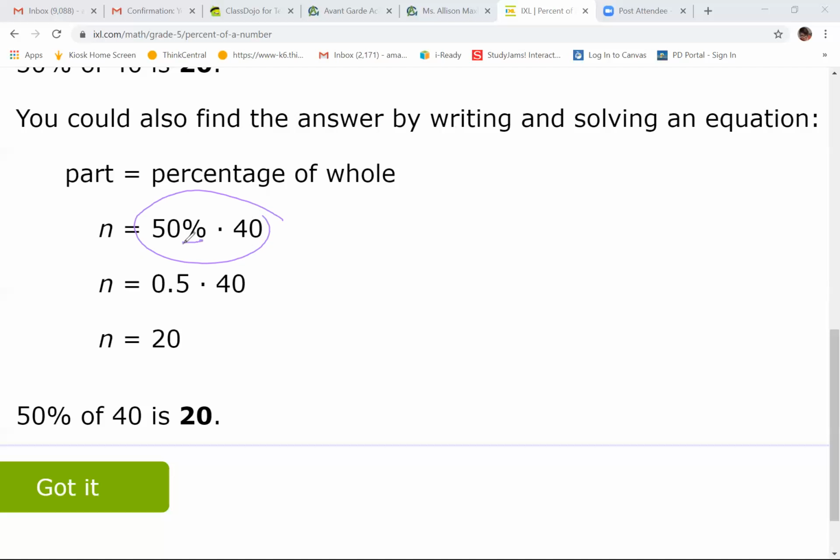Now we're not going to multiply percents, we're going to turn it into a decimal. 5/10 times 40, and they did that because 5/10 is equivalent to 50/100. Isn't it equivalent? They're the same. 50 divided by 10, 100 divided by 10 is 5/10. That's why they're equivalent. And then you multiply them together. 5 times 5 is 25,